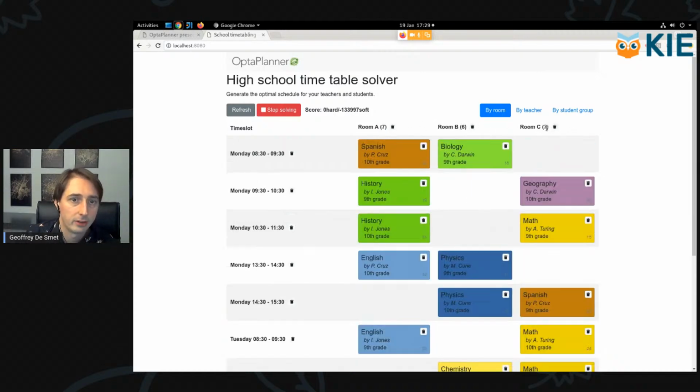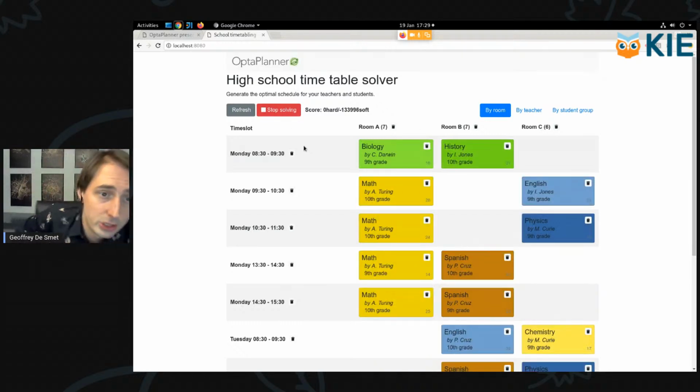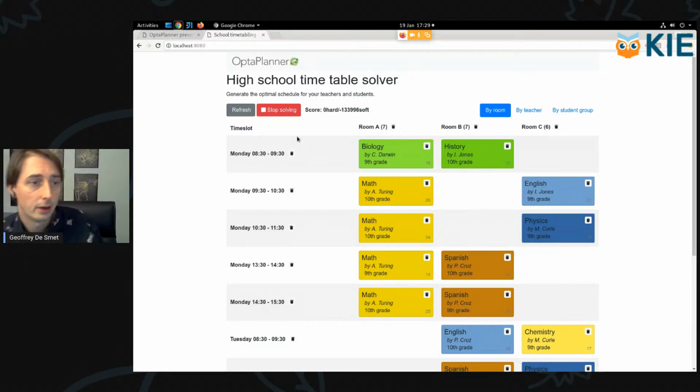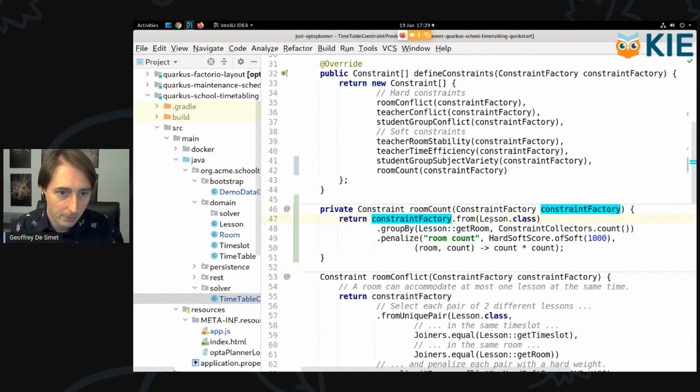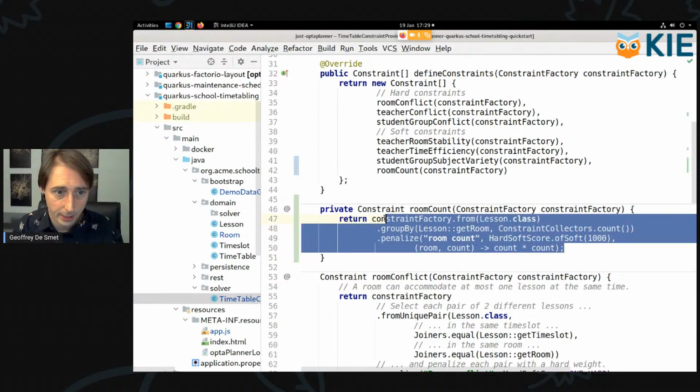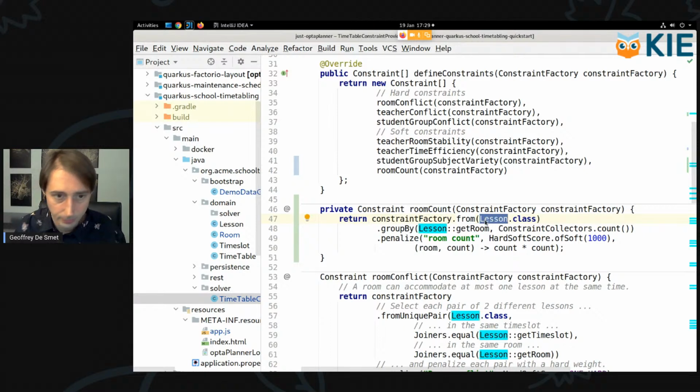7, 7, 6. You've probably noticed at this point in time, I haven't used any shadow variables. I haven't used the inverse relationship variable yet. That's because I started from the lesson, and I did the room count. So I can actually implement this differently. I can also start from the room. So let me comment this one out,